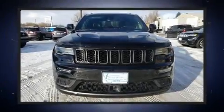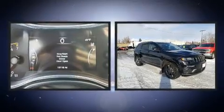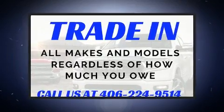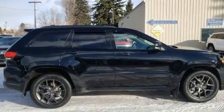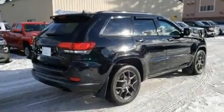The 2019 Jeep Grand Cherokee. With fewer than 15,000 miles on the odometer, this four-door sport utility vehicle prioritizes comfort, safety, and convenience. Top features include a split folding rear seat, one-touch window functionality, speed-sensitive wipers, automatic dimming door mirrors, heated steering wheel,